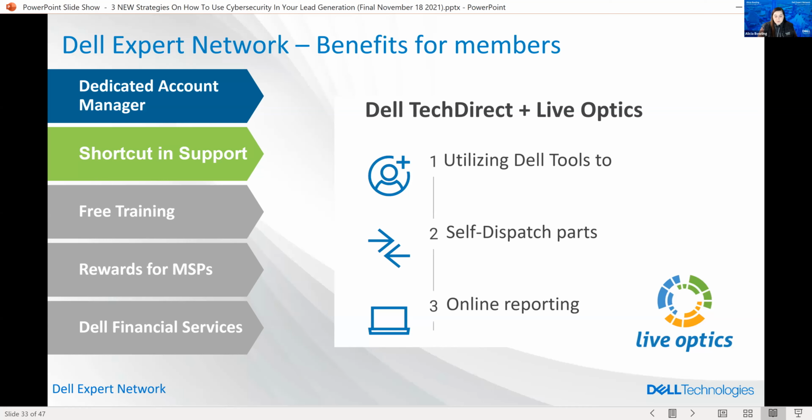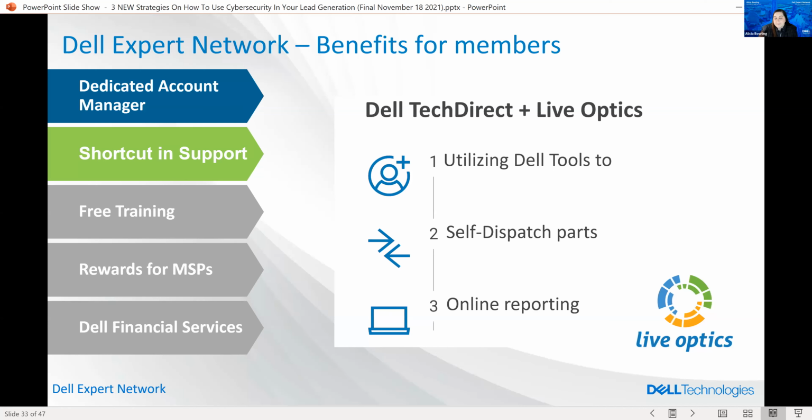And you don't have to talk to anyone. It saves your tech time. It saves you time. We'll get into that again a little later. You also have access to a tool called Dell Live Optics. That tool is a data collection and analytics tool that you essentially load onto your customer's environment when you're sizing for a new project, buying hardware for them. So it tells you how their environment is running. Are there any bottlenecks? If so, what are they? If you're sizing for storage needs for an upcoming server purchase, or sizing for new switches for the environment, that is something that is free to use in the program. Again, we'll get into that live demo a little bit later.